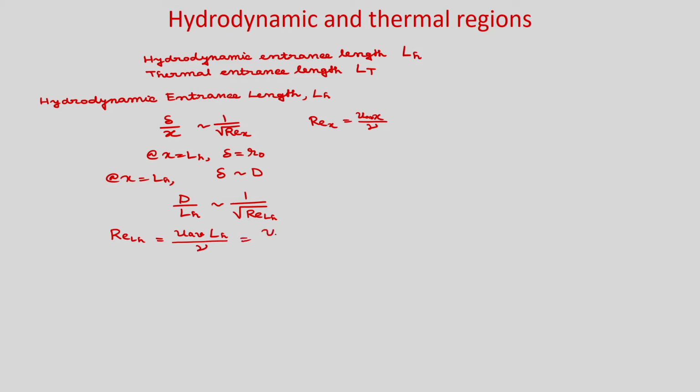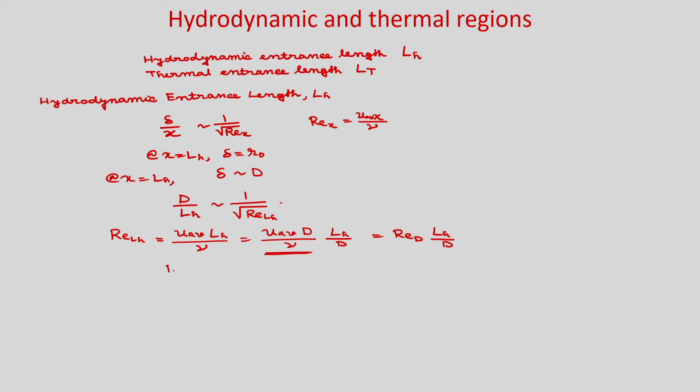Now we convert it to the Reynolds number based on diameter: u average d divided by nu, times L_h by d. So this quantity is Re_d, the Reynolds number based on diameter, times L_h by d. Now if you substitute it here,